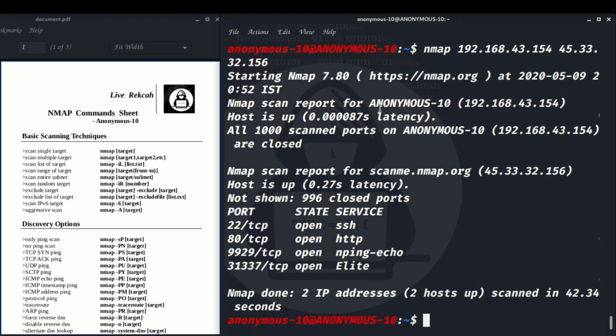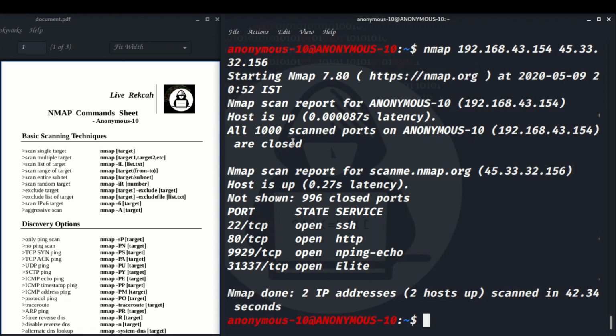The scan report for anonymous10, it's my PC. I put my IP address here. See, this IP address belongs to anonymous10. The host is up, but all 1000 ports are closed. Sometimes it gives you a false result, sometimes a true result.